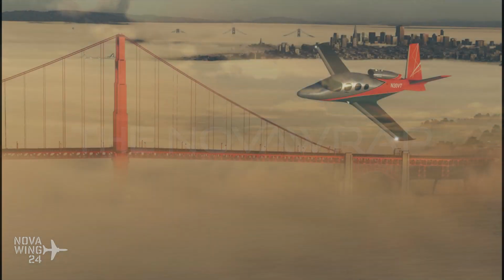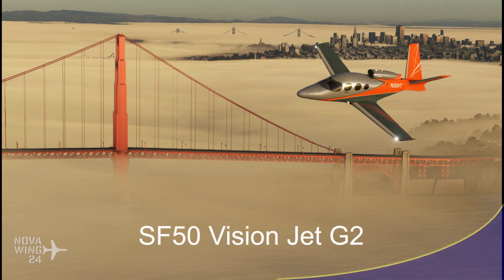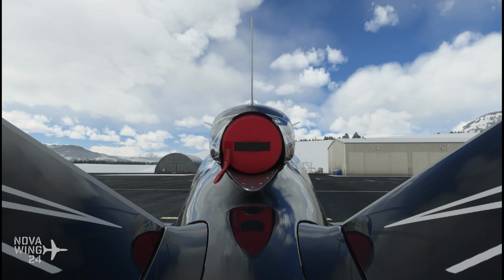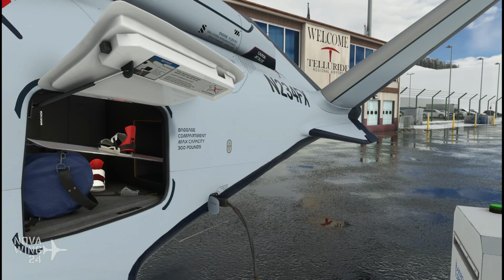We're going to jump straight into it with the releases this week, starting with the latest aircraft release for Microsoft Flight Simulator from the team over at FlightFX, the release of their Cirrus SF50 Vision Jet G2. Those who have flown in X-Plane will probably be very familiar with the Cirrus SF50 Vision Jet, but for those of you in Microsoft Flight Simulator, this may be a new jet to you. It is a popular, very light jet